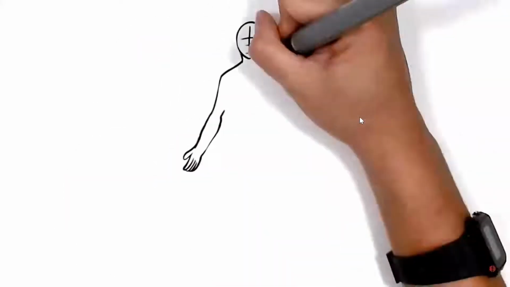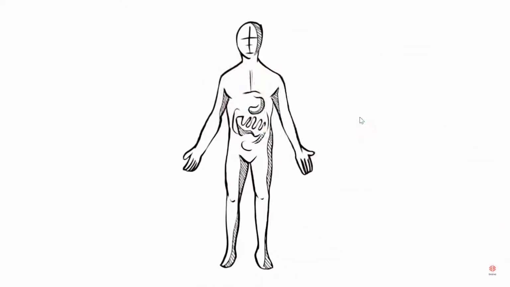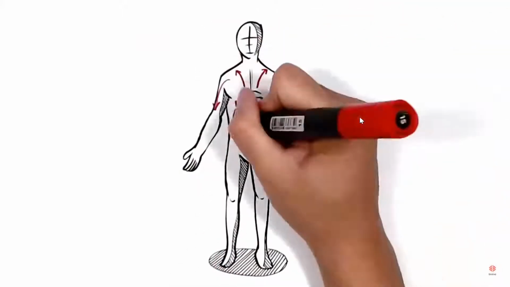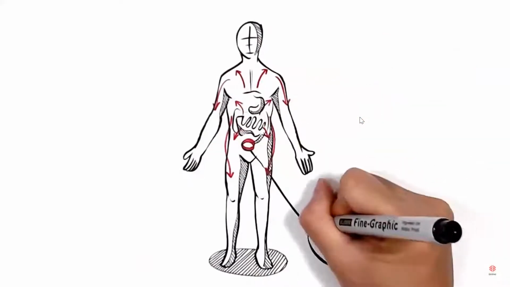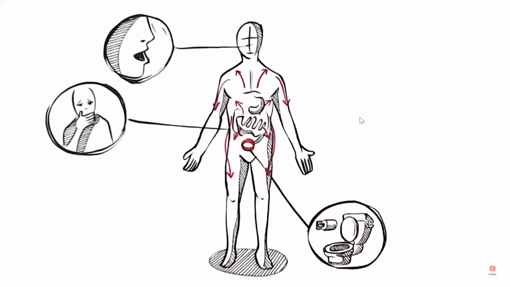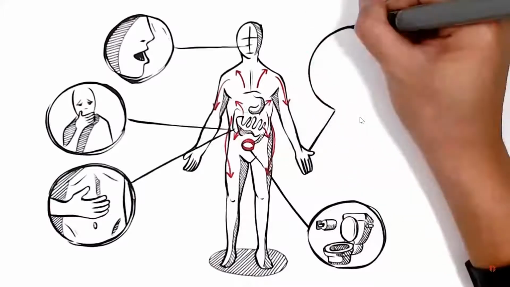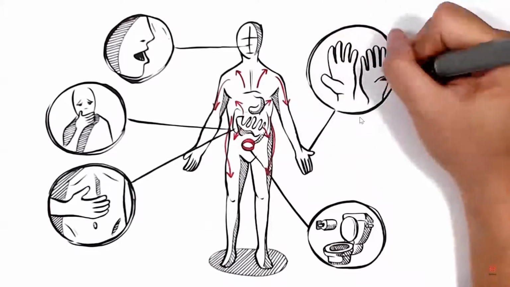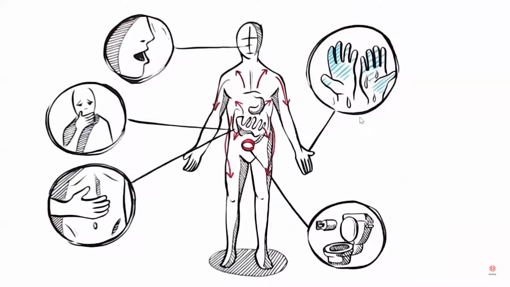As a way of getting you ready for action, blood is diverted towards the major muscle groups. Blood flows away from our digestive system, causing the bladder to relax, and we might feel the need to pee. The mouth goes dry, nausea can occur, and we get the butterflies feeling in our stomach. Blood also rushes from extremities, leaving us with cold hands, but often sweaty palms as the action-ready body starts sweating